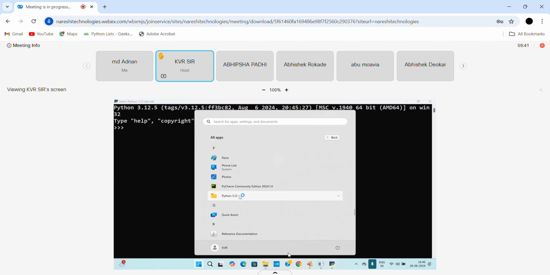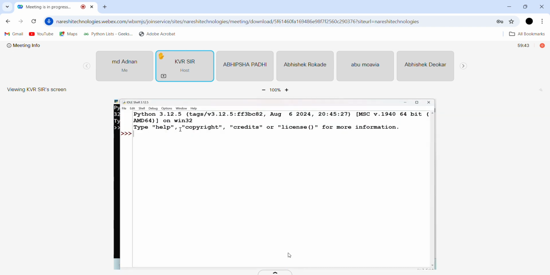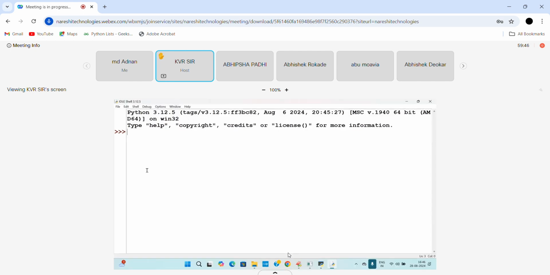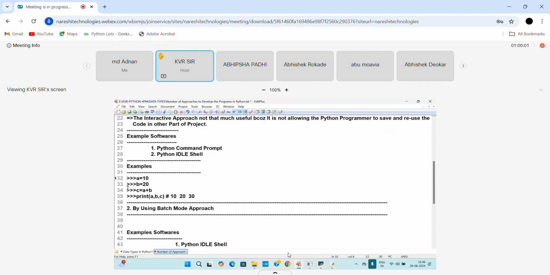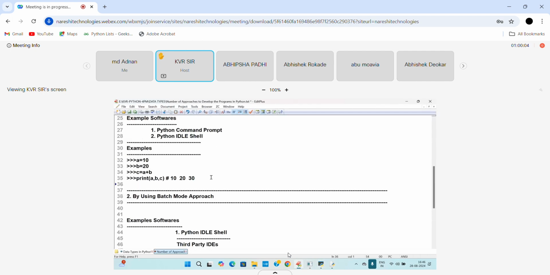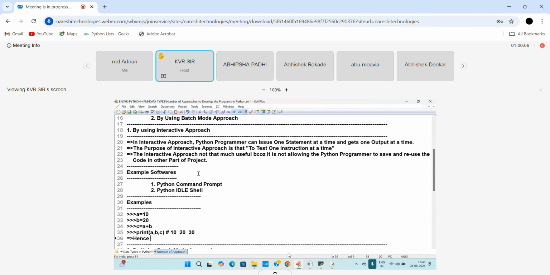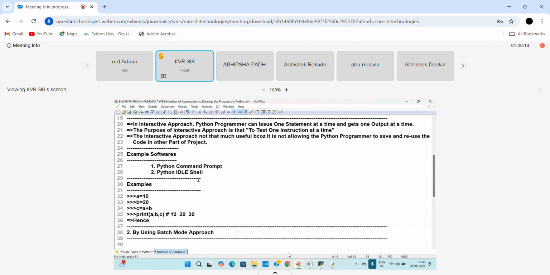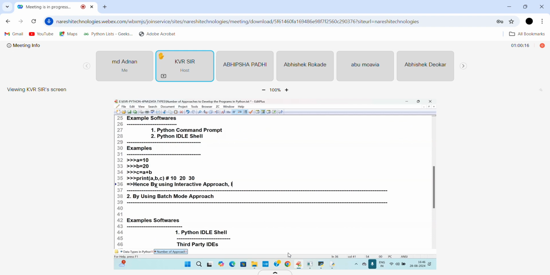Here I am taking Python 3.12 IDLE. Now I want the previous six statements. Am I able to get them here? No. It is working like the command prompt. So it is not useful to develop programs by using the interactive approach. I will write the conclusion. By using the Python command prompt or the interactive approach, it is not recommended